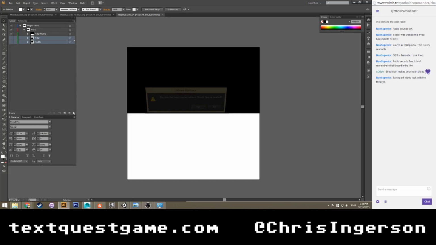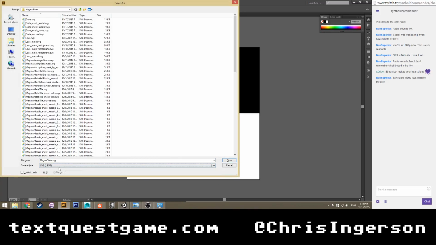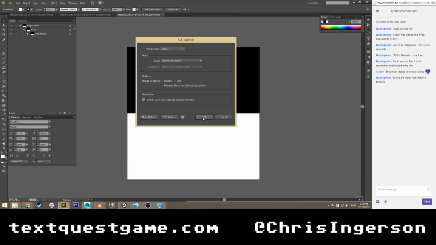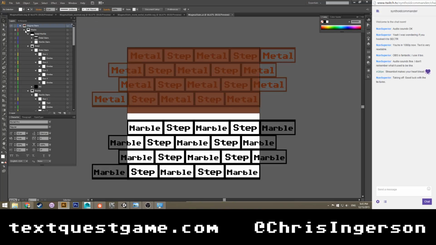Get rid of metal and marble. And just call this SVG. That's where mask. Metal marble. And that should be underscore. Alright. Open this back up.